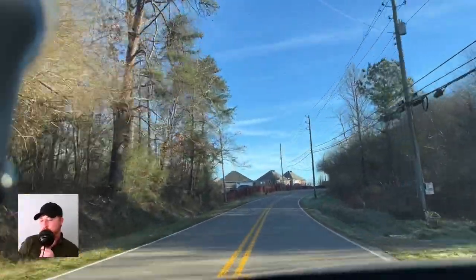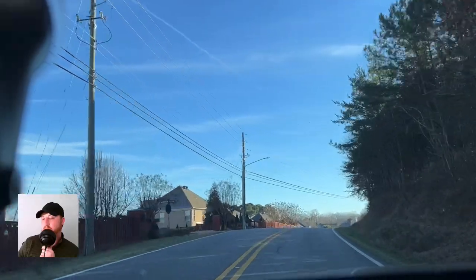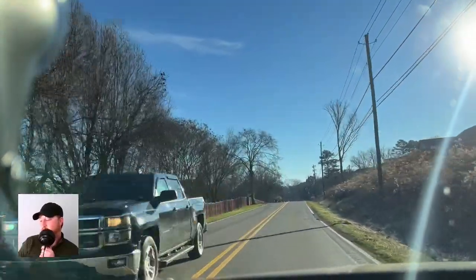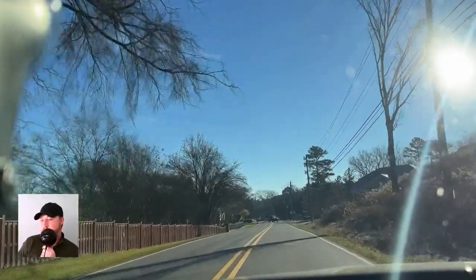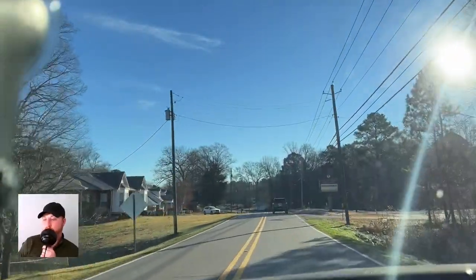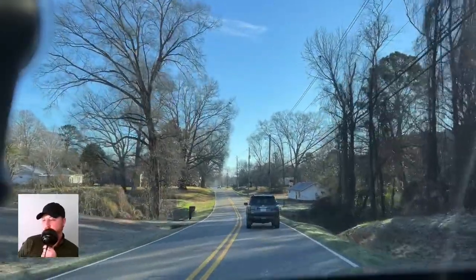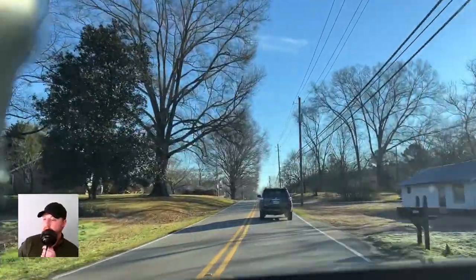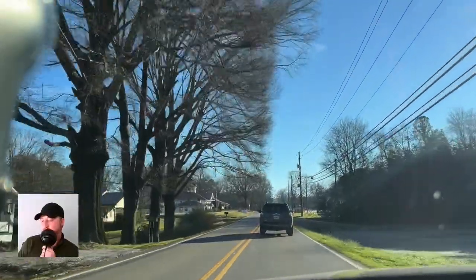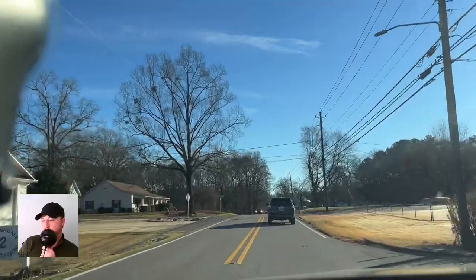I just wanted to show off a Birmingham suburb that I think is a great option if you're moving into town, or you're looking to buy your first home, or you're looking to move up, or you're looking to downsize. Maybe you've lived in the South Birmingham area, maybe the city or Hoover, along 280, and you're looking for a really nice house for not breaking the bank, and you want something a little bit slower. Not that you're going to miss out on conveniences. It's still easy to get to all the things like the River Chase Galleria and Hoover, everything downtown Birmingham, even Trussville. This is a really accessible, really affordable suburb,